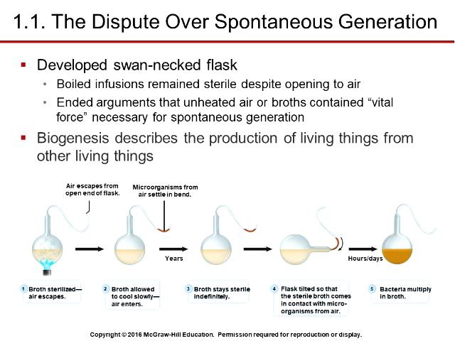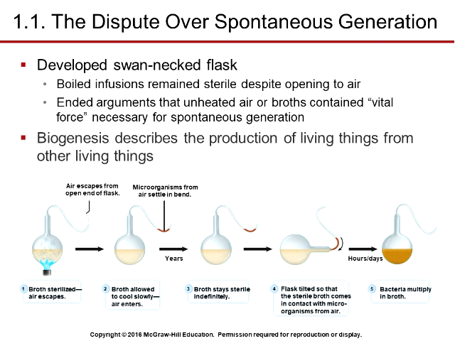And so what he did is he showed that if he laid it down, the organisms could aggregate at the opening of the flask where the broth was at, and that it would start to infect that. So he said that the broth was sterilized, but air escaped, but the organisms can't get in. And the broth stayed sterile indefinitely. However, if you laid the flask on its side, the bacteria were able to get to the broth.